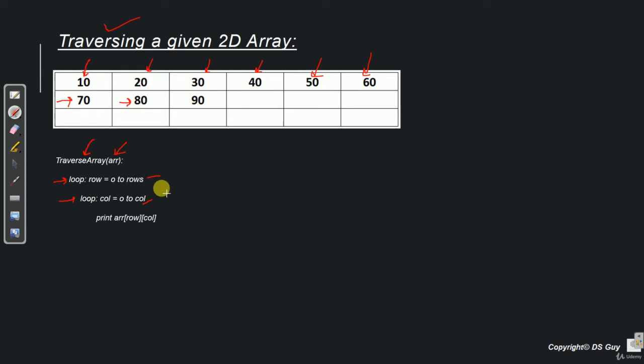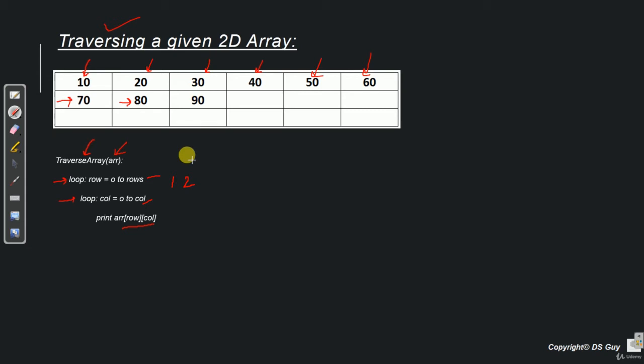So we start with row number 0 and we traverse through all the columns, printing all the cell values. Then we go to row number 1 and visit all the columns in row number 1 and print the values. Finally, we go to row number 2, visit all the columns there and print the values.